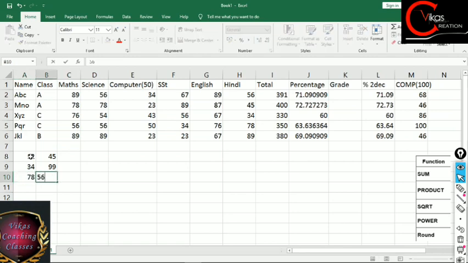And you have to multiply all these numbers. As you can see, some of these are 2 digit numbers, some of these are 3 digit numbers, and let's suppose some of these are 4 digit numbers also. So in that case, when you do this task manually, it will be a very lengthy task for you.